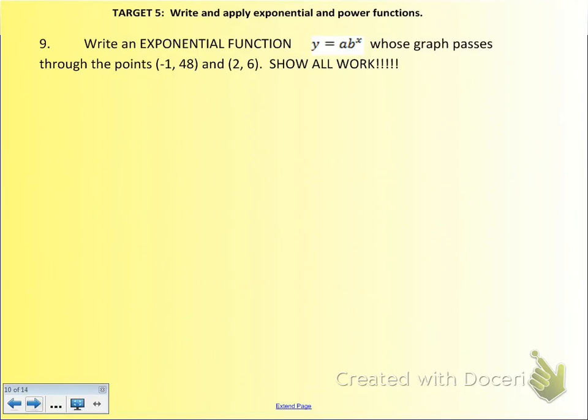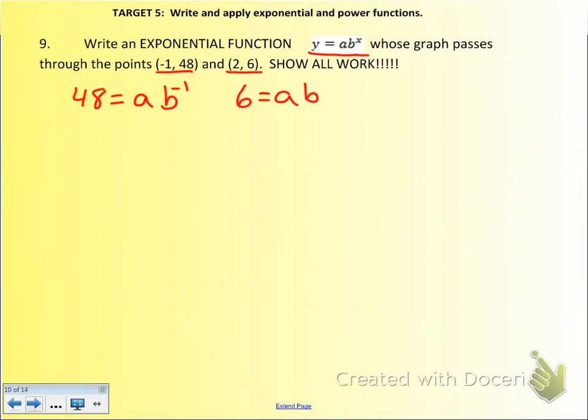All right, now we've moved on to target 5. Write an exponential function y equals a b^x whose graph passes through the points (-1, 48) and (2, 6). Show all your work. Now remember, we're going to do this the little bit longer way by hand. Later on, we will have one that we can plug immediately into the calculator and get the answer, but this one we're going to do by hand. So we start off by plugging each point separately into our exponential function equation. So we're going to have 48 equals a b^(-1),